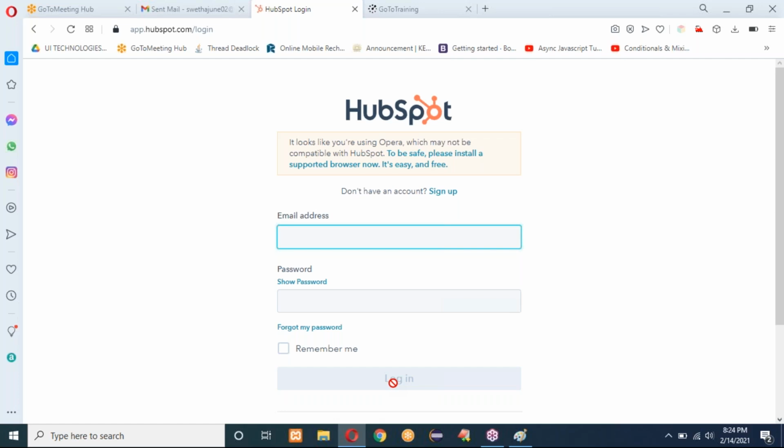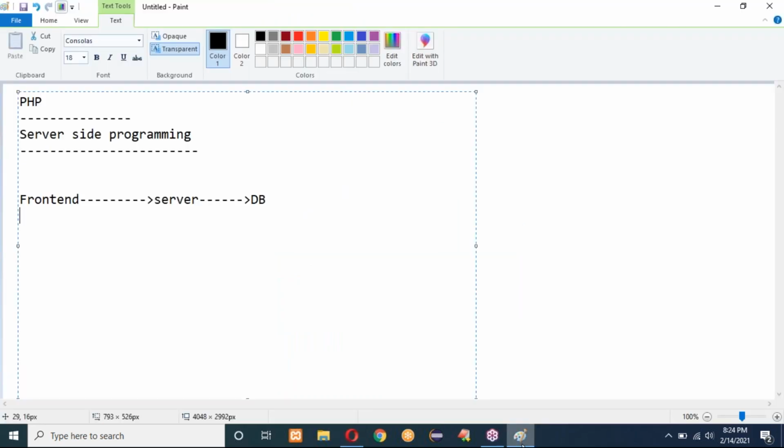Every front-end page has to interact with a server page, and the server page has to interact with a database. That type of interaction we have to create for every project, whether it is a mobile app or a web app or anything. The main thing is the user interface, UI, should interact with one server, that is dynamic programming, and this dynamic programming has to interact with a database. So this way we have to interact. Always the database has to interact in the application.